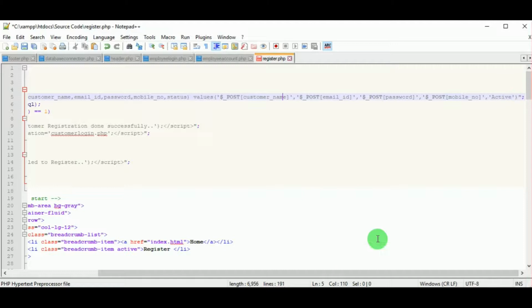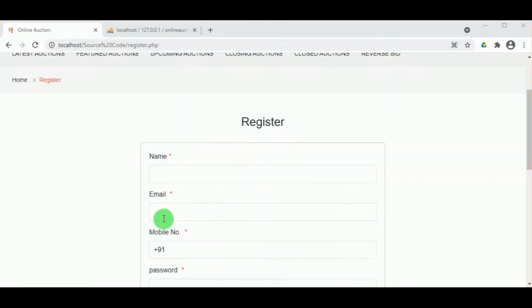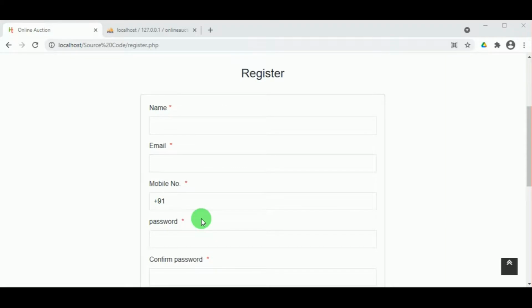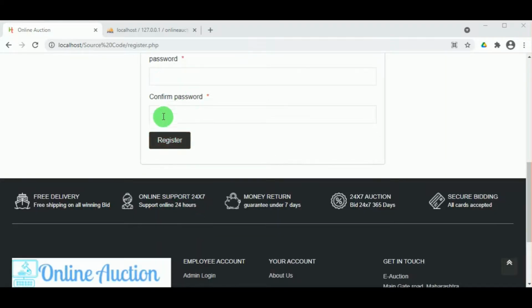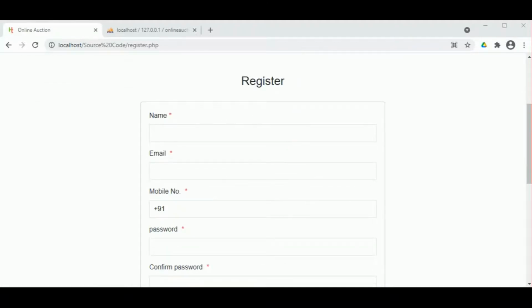And then the status must be active, and this is stored in the variable SQL, and mysql query is a function which will connect to the database and run the insert query, and then if one row is affected, then the registration is done successfully and the customer is redirected to the customer login panel. So once he has registered successfully, then he has to log in using the email ID and the password. So you can see in the mobile number +91.